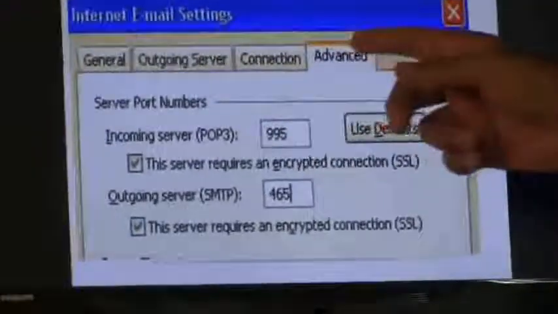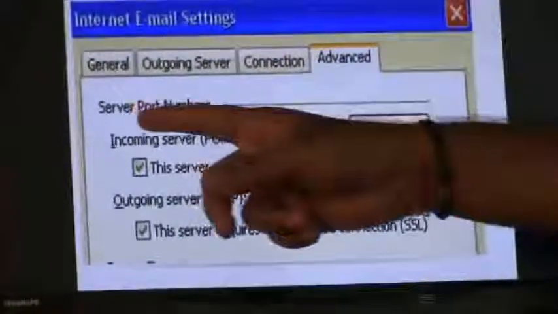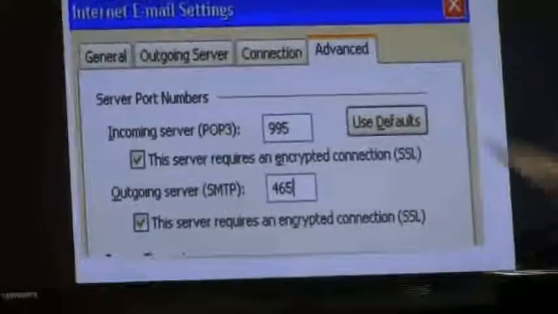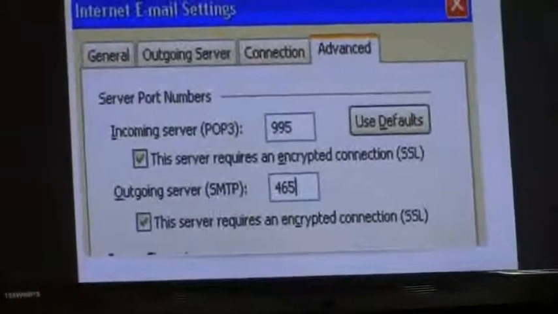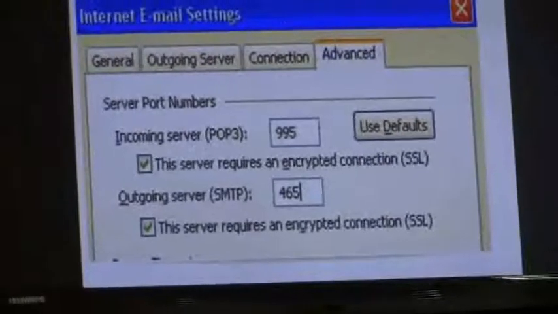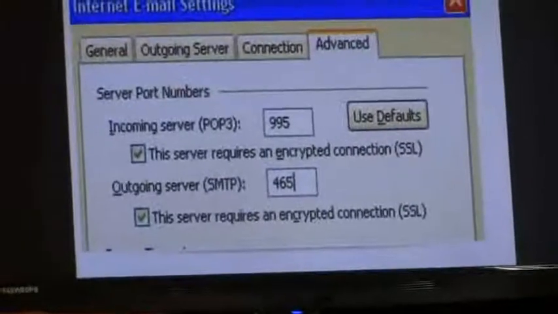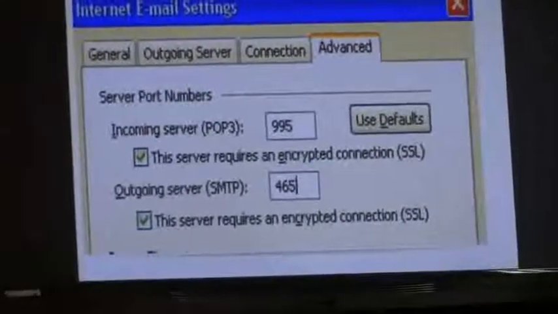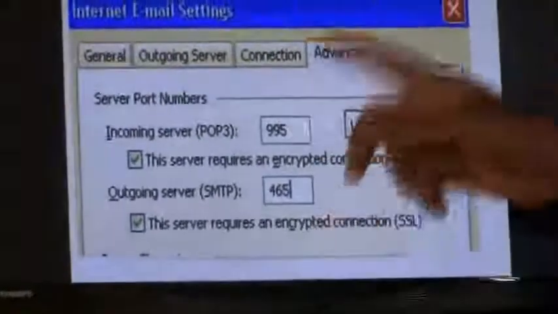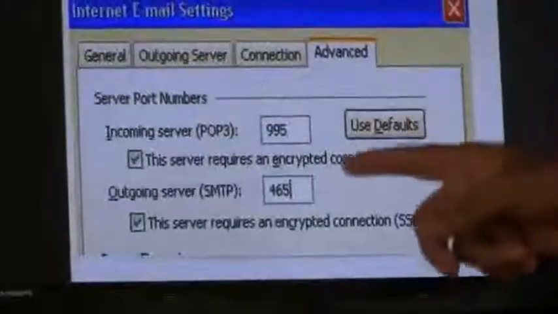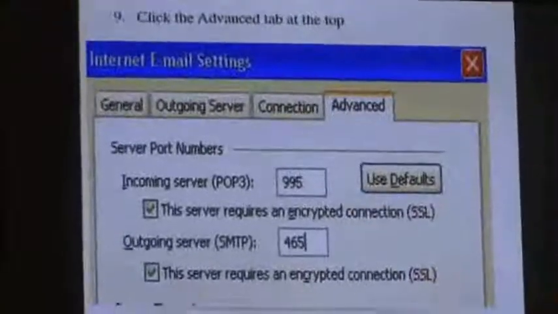After that we have to select advanced. In the advanced option, it requires the server port numbers. For Gmail, the port number for POP3 is 995, and for SMTP it is 465.